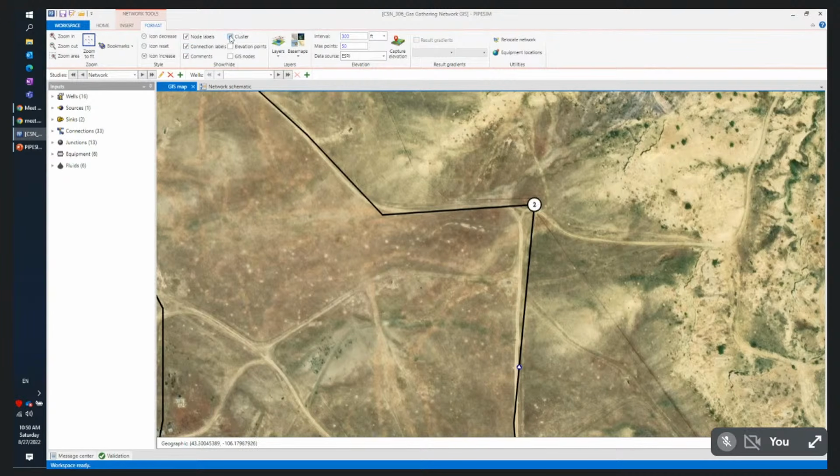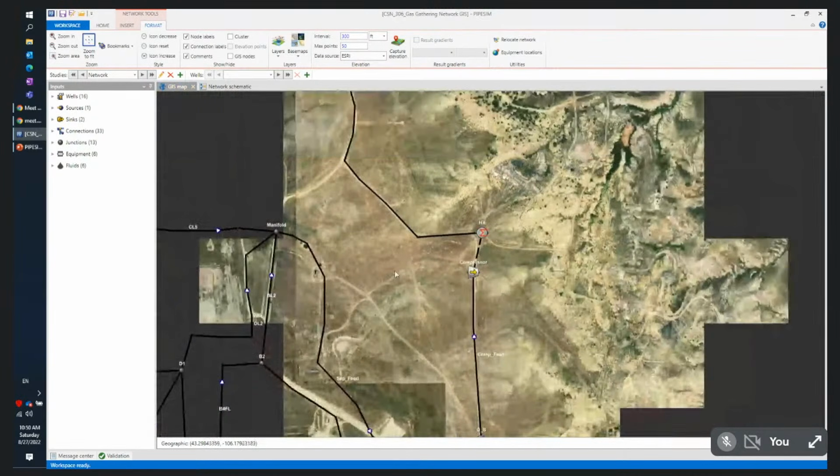The moment you uncheck the cluster, you can add this flow line here, and you can place different objects that are on the same location, but you can put them a little bit far away. So now